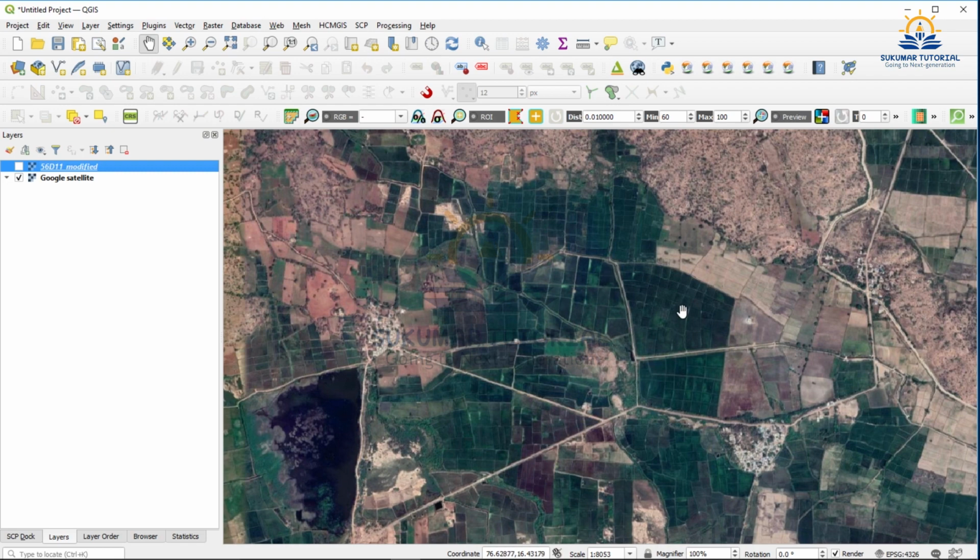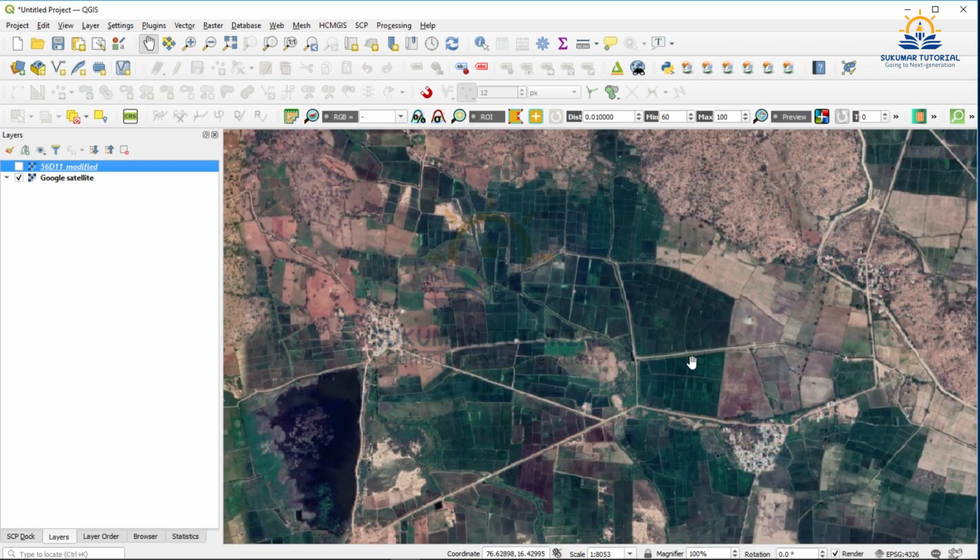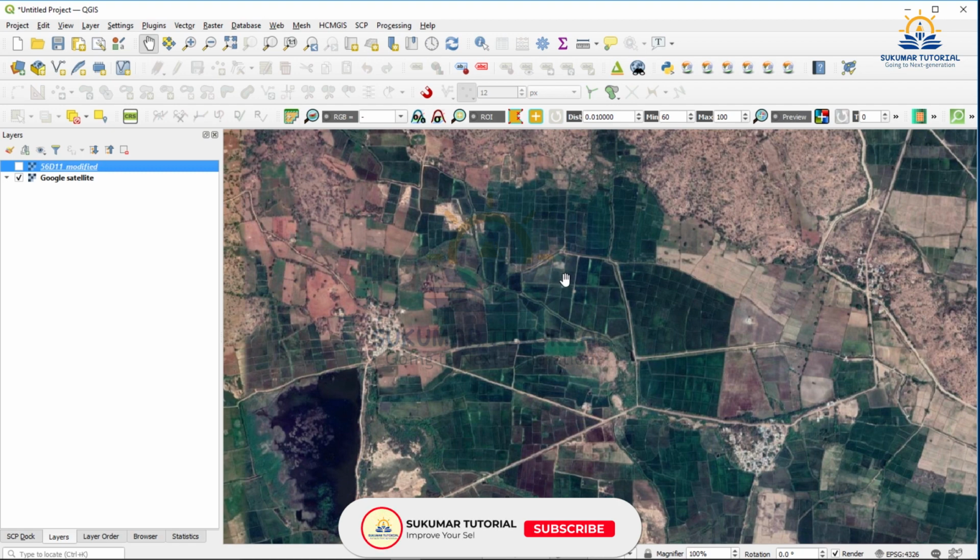The new road has come, and you have paddy fields, wetland, fallow land, so there is no tank at all. So this is how you can make a land use land cover change map. In the topo sheet it's a dry tank, but in the Google map of 2015 to 2021 it has become like this.